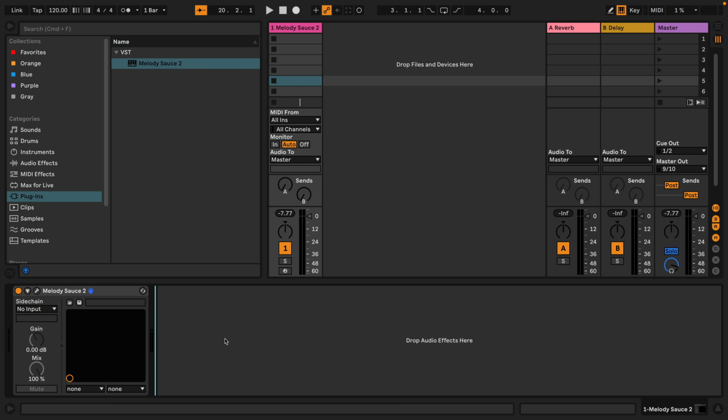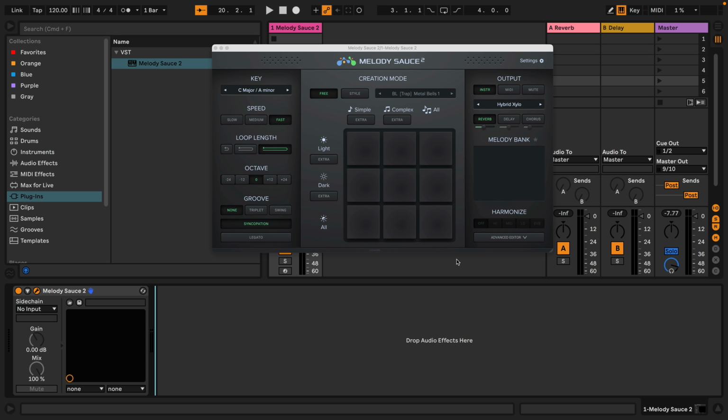And what is this Top VST Plugins video about? Well, it is about Melody Source 2. Here it is. I have never used this before. I have no idea how it works or what I can do with it. All that I know is that it's going to basically make me an instant superstar. It's going to generate melodies for me and I'm going to decide what I make of them or make with